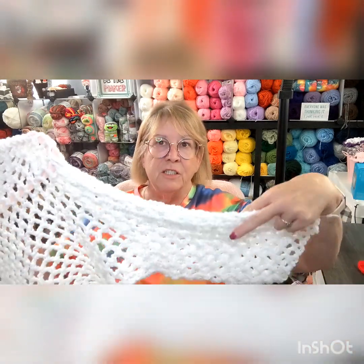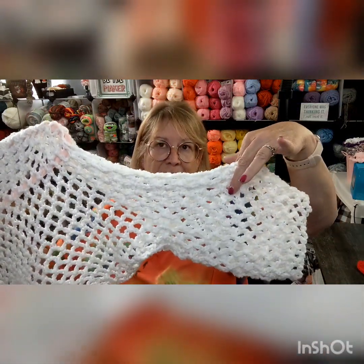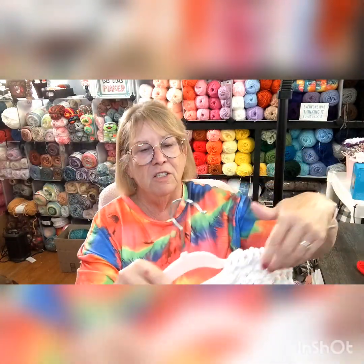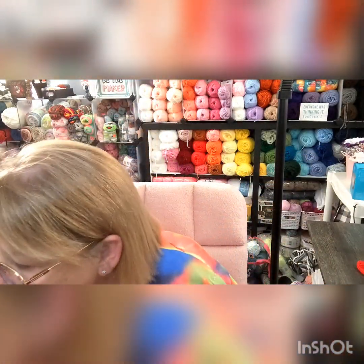But yeah, I wish it was more like here, because these sleeves come down to about right here on me. So they're a little longer than I wanted. But now I can wear sleeveless shirts if I want to, and I can just put that on. I'd try it on for you and show you how it fits, but